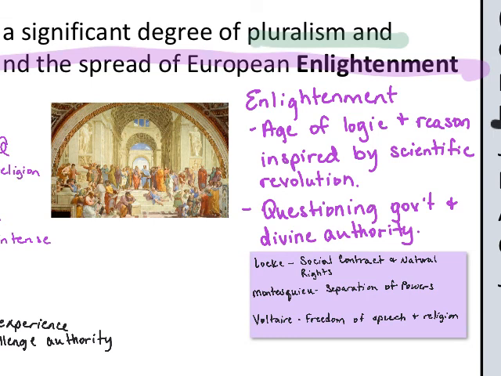We're going to highlight just a few of them. The first one is John Locke, who is social contract, natural rights, consent of the governed. We have Montesquieu, and Montesquieu, if you clap it out, 3 syllables, Montesquieu, and he proposes the separation of power, or the 3 branches. So 3 syllables, 3 branches. And Voltaire, who is an advocate for the separation of church and state, freedom of speech, freedom of religion, that